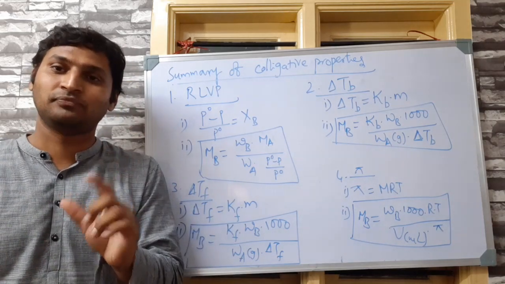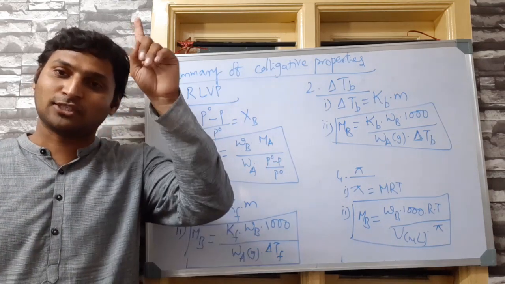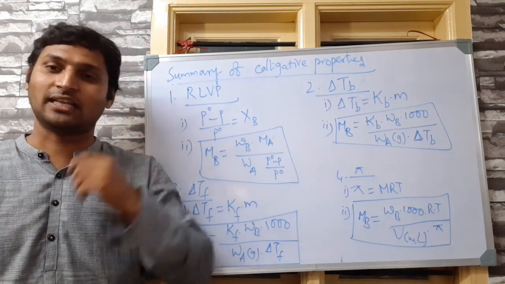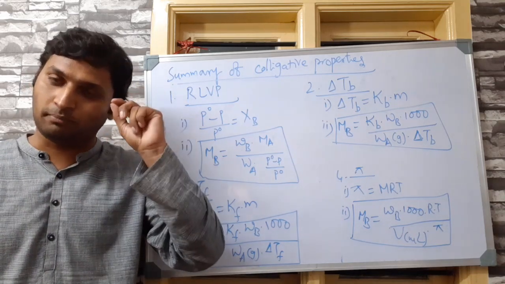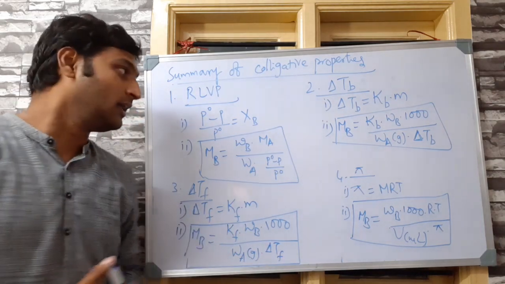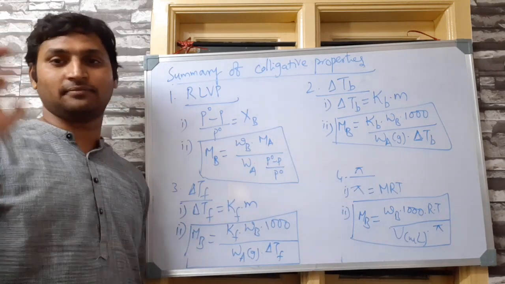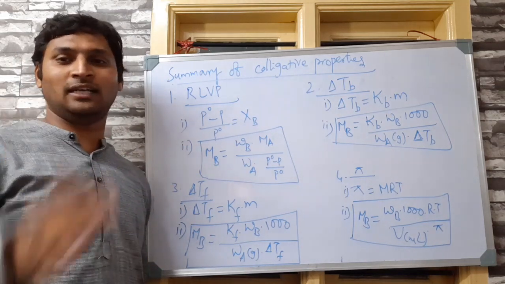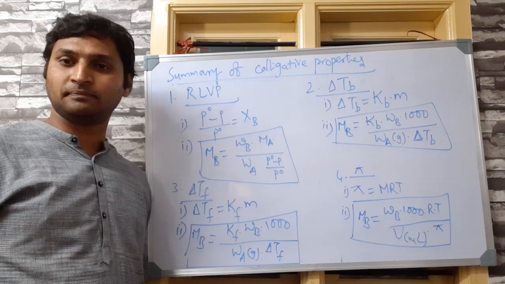in the physical chemistry section, in a 5 marks question, this chapter contains totally 7 marks. 2 marks will come as 2 1-mark questions in the beginning, question numbers 1 and 2. Then in the 5 marks question section, in physical chemistry section, question number 27, it will be divided into 2 parts. One is a 3 marks question, one is a 2 marks question. In that 3 marks question, from any one of these 4 formulae, you will get one numerical question guaranteed. 3 marks in your pocket. And all the remaining questions in your board exams will be theoretical questions based on any concept, the rest of the concepts in the chapter which I have discussed so far.